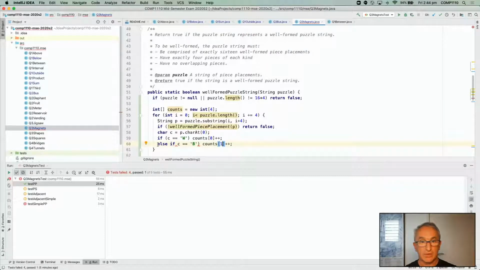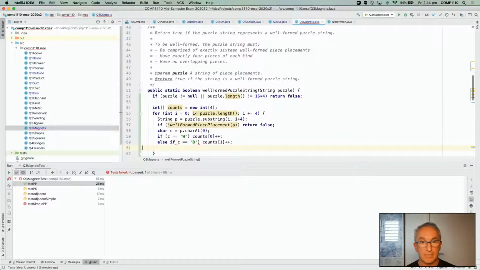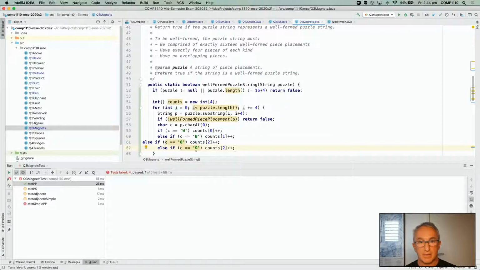Okay, and then we say else if, I missed out parentheses there. Okay, we do it like this. If it's orange, then we'll make this 2, like this, and then we'll say else if pink, then 3. Okay, now what we can do at the end is make sure all of those are equal